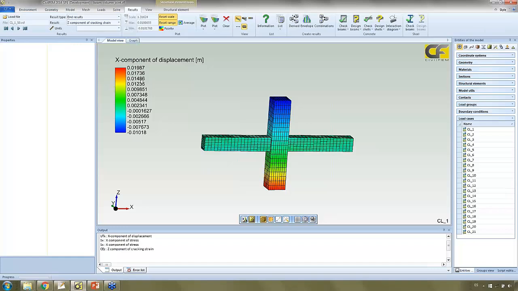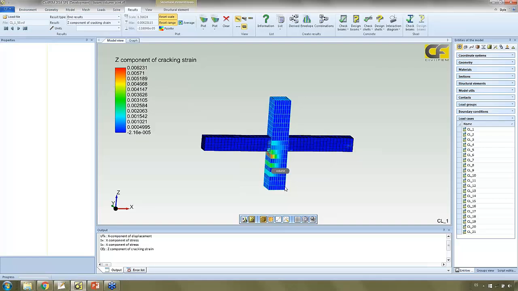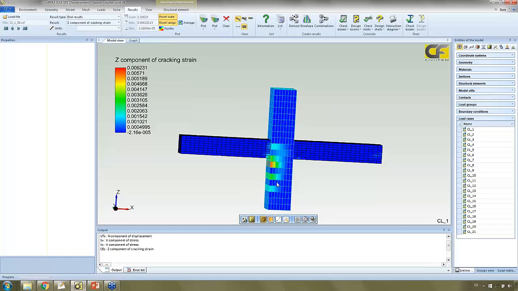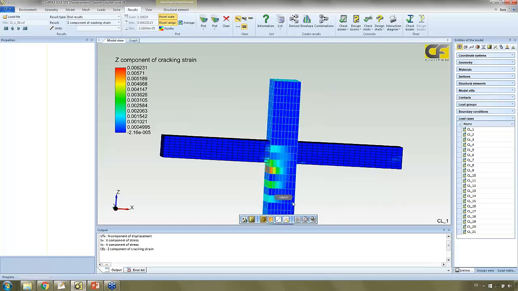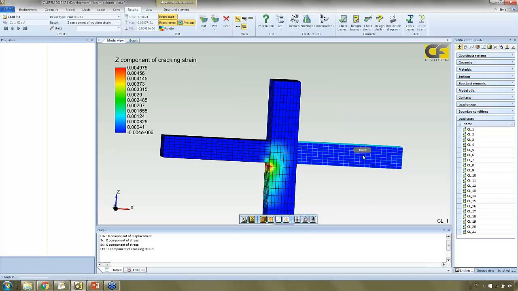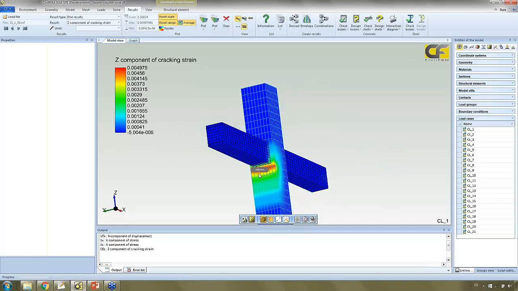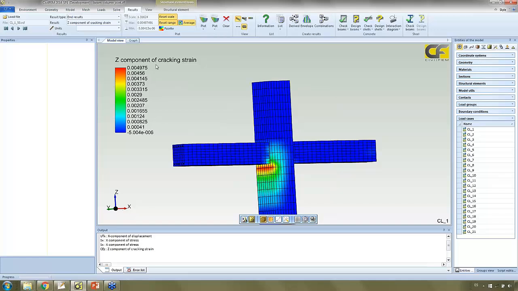Set the component to concrete cracking. It will show concrete cracking here on the column. If I plot without average, I can see different cracking lines. If I plot average also, I can see mainly cracking here. This is the cracking strain, that is this value